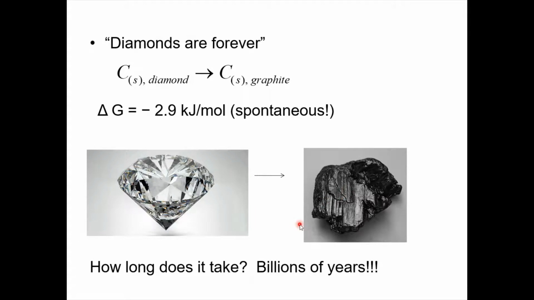And eventually, after billions of years, it'll turn into this. It'll take a while. So as you can see, we have a chemical reaction, or at least a chemical process, that takes place. The diamond is going to turn to graphite. And if this happened in, let's say, even a week or a couple of years, then why would you pay to have this turn to that? But because the reaction is so slow,